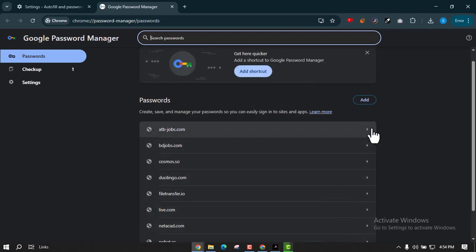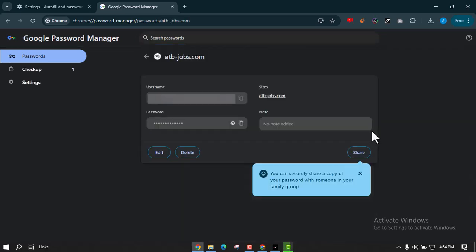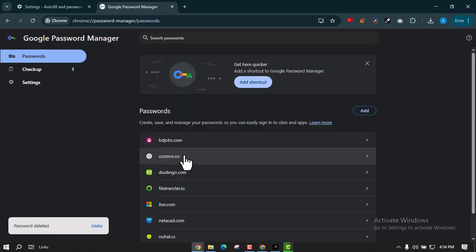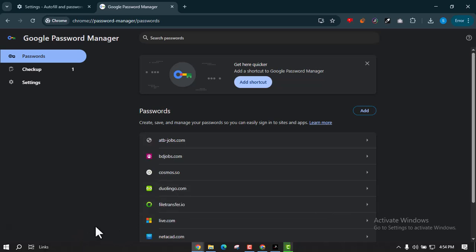So if you want to delete one of them, you have to head over to any one. And then you have to tap on delete. And then the password will be deleted. So yeah, this is how you can just delete any